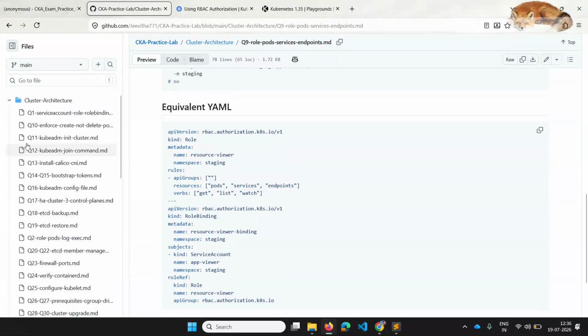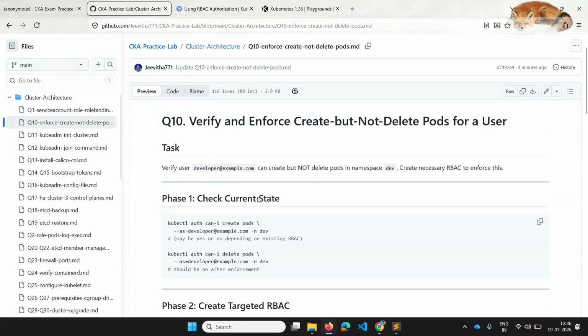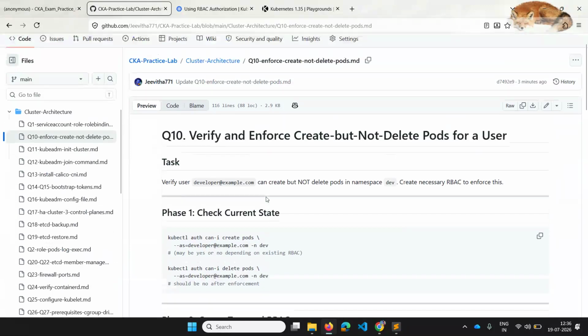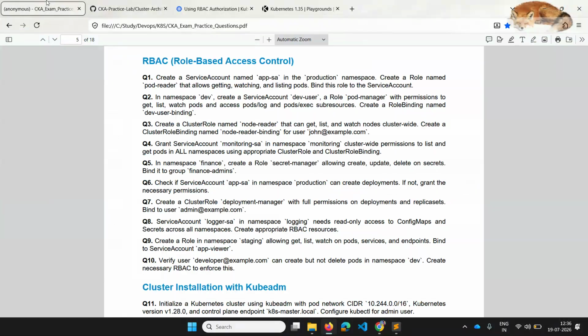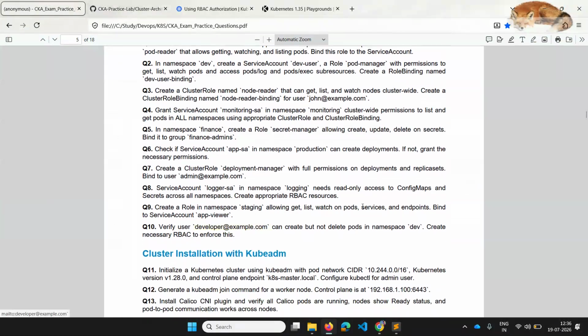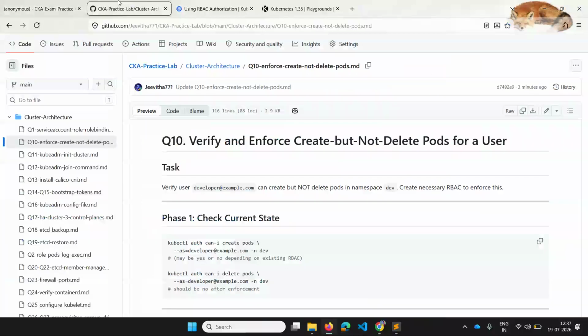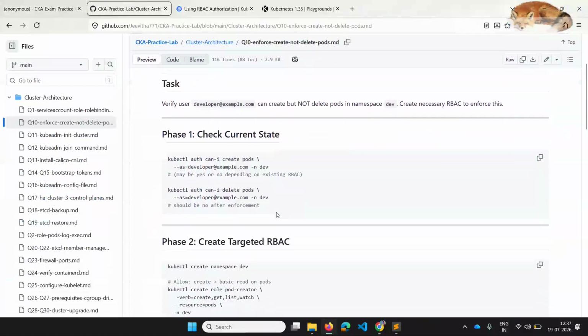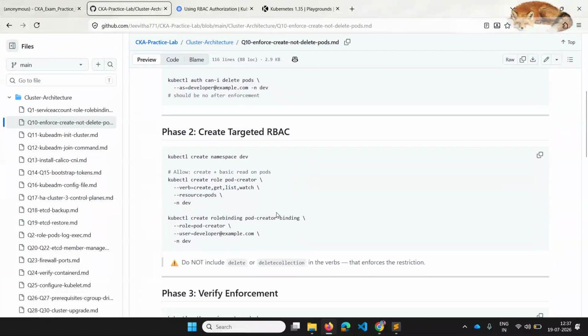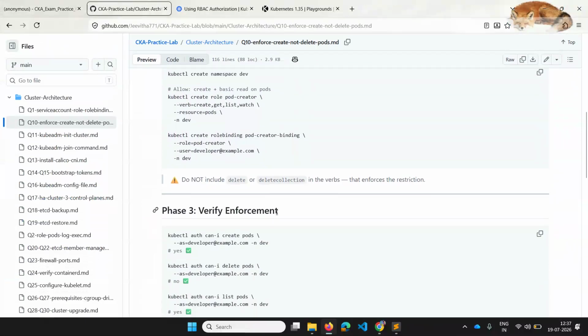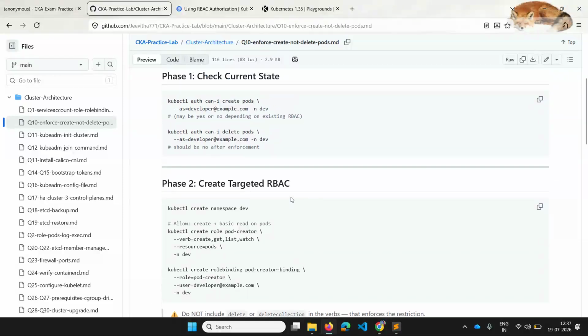Coming to the 10th question, if you go to my 10th question on GitHub, this is also the same as the previous questions. This is for a particular user, where it asks you to allow only create but not delete of pods in a specific namespace, using RBAC to enforce this. You can create a particular namespace and role binding, similar to the ninth question.